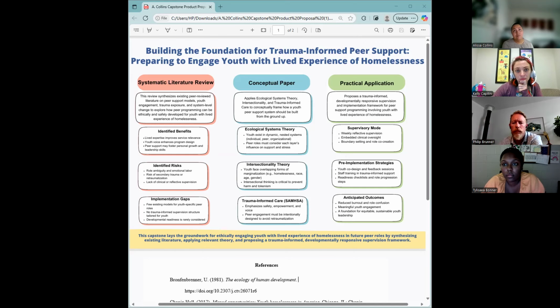There's a place called the Lighthouse Ministries. There are a few resources scattered around. It's typically our outreach team that follows those who want to maintain homelessness. And that's what the peer support program is supposed to do. It's supposed to be there for those youth and young adults who haven't been connected to services and who don't want to be connected to services, but still have some sort of a link in if they wanted one.